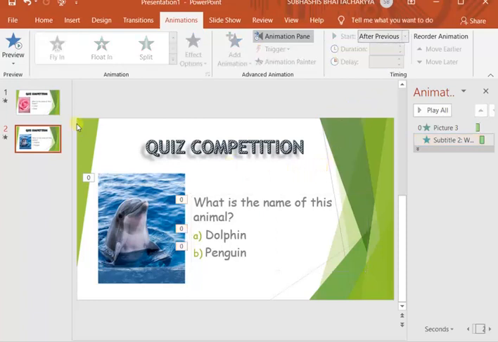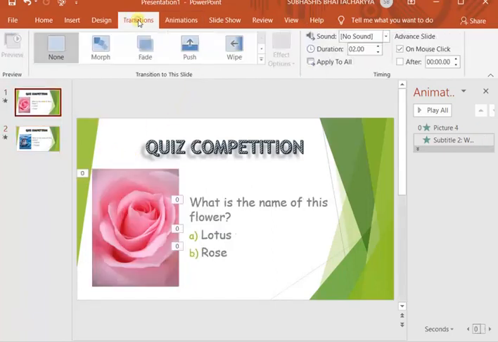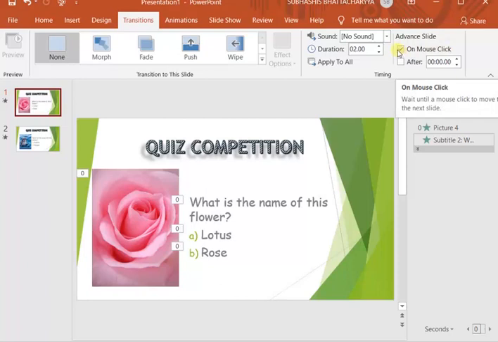Now we'll put transition effect. For that we'll go to the first slide. Here we'll go to transitions. As the transition is taking place on mouse click, as it is checked, we'll put it off. The check has been removed, so now it will be automatic, but still the timing is 0. That means the transition will never occur because the whole timing is 0. Something must be selected, otherwise transition will not happen, either on mouse click or automatic.